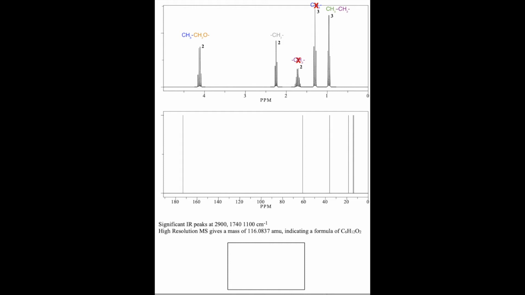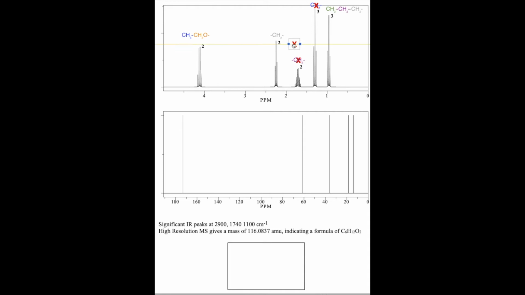Now the orange CH2 is kind of landlocked, right? It's already bonded to 4 things: the methyl group, the hydrogens that are a part of it, and of course the oxygen. So it cannot be bonded directly to the gray CH2. The purple CH2, however, which I already know is attached to the green methyl group, has a hole, right? It's got a piece that it can connect to. And if I connect the gray CH2 to that purple CH2, it will turn my gray CH2 into a triplet, which is perfect. So if I do that,